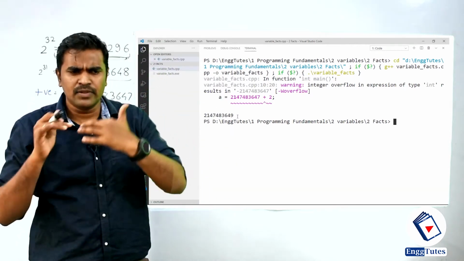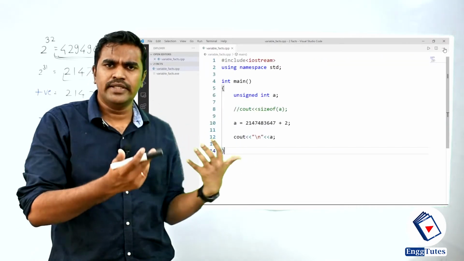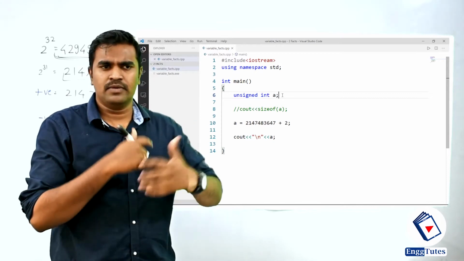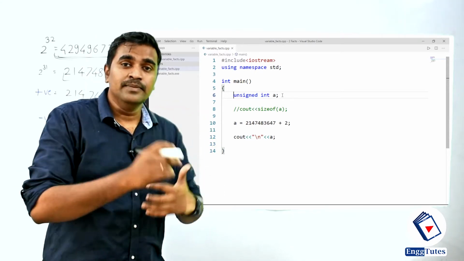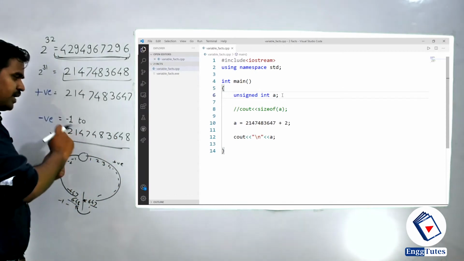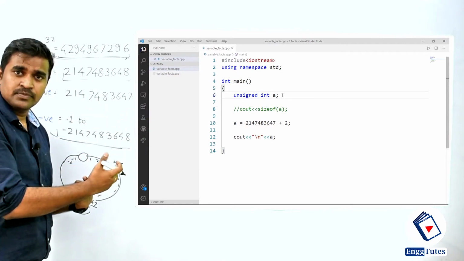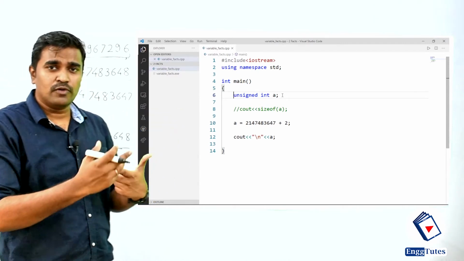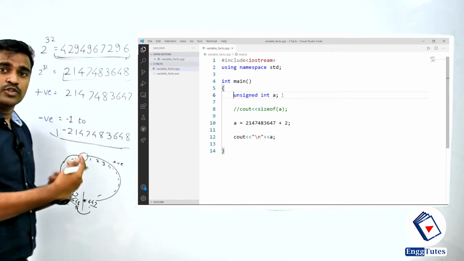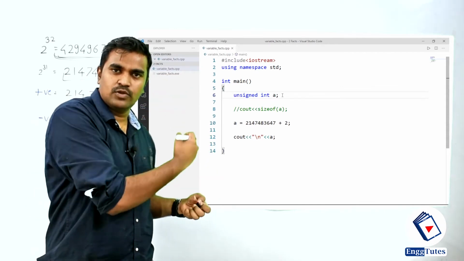But if I am developing software for a company that calculates the profit and loss for a particular share or financial operation, then the loss may exceed this number, that is, -1 to 2 billion. The company can get more than 2 billion of loss, or the company might be more profitable, so the profit can exceed this range of 0 to this number. So now I need to use full memory allocation for this operation.